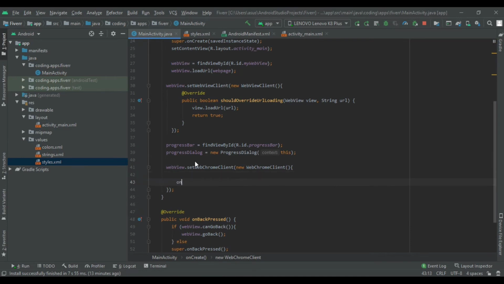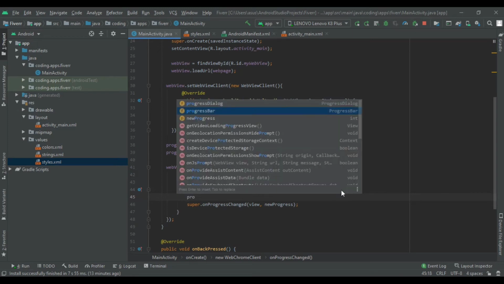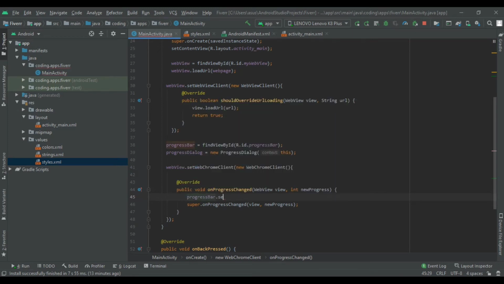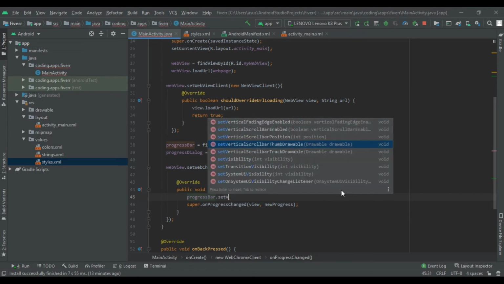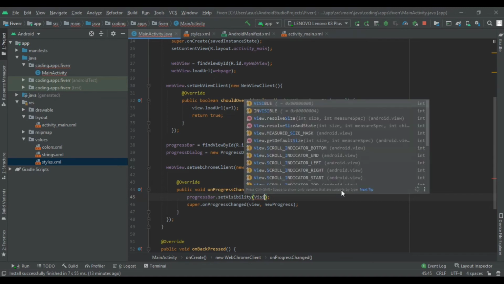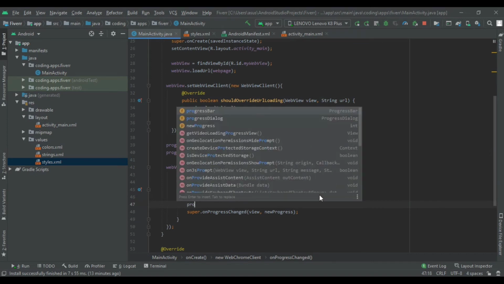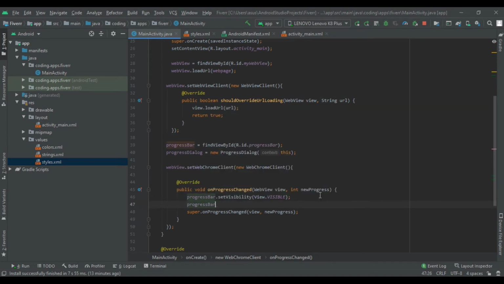After that we implement our progress bar: progress bar dot set visibility, and its visibility will be visible. After that we write progress bar dot set progress with new progress.